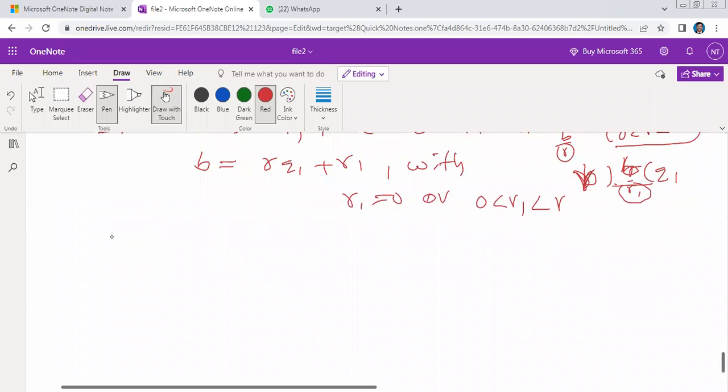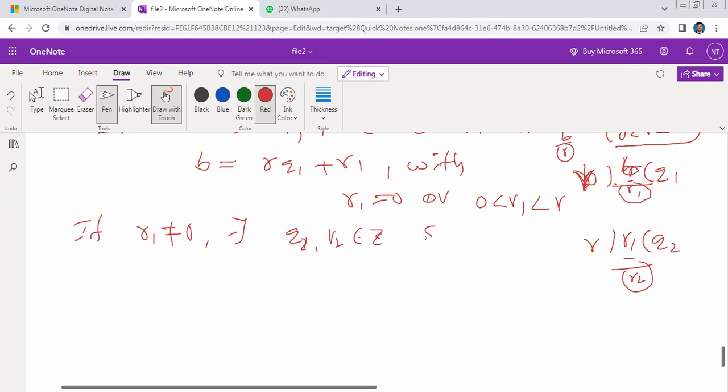Now again this r1 is not equal to 0. If r1 is not equal to 0, then what can we do? Again we divide by r1. Then which numbers will exist? q2 and r2. Then there exist two numbers q2, r2 in Z such that